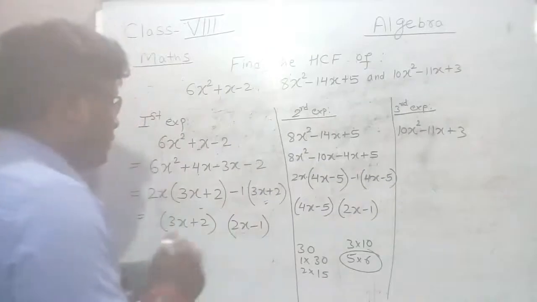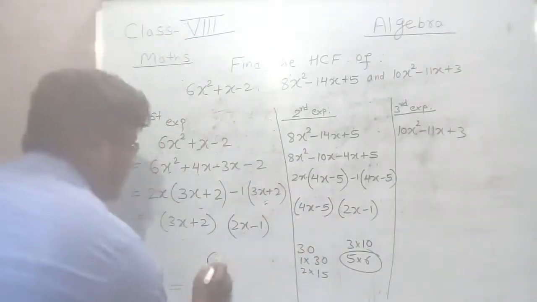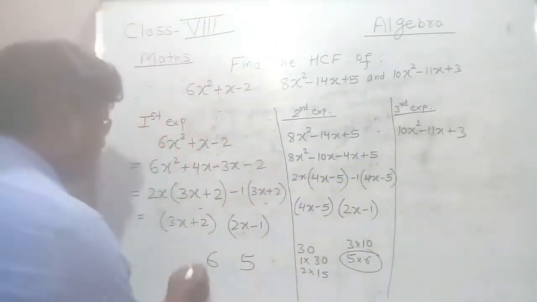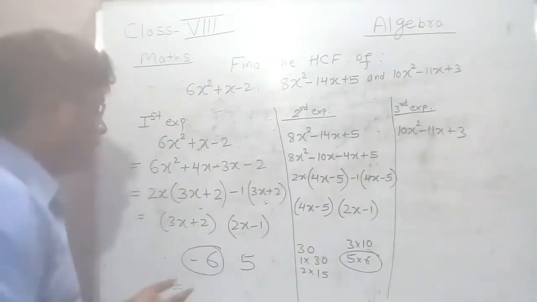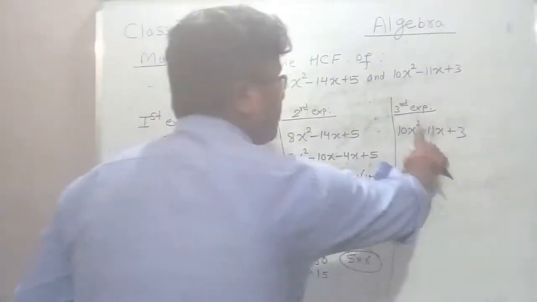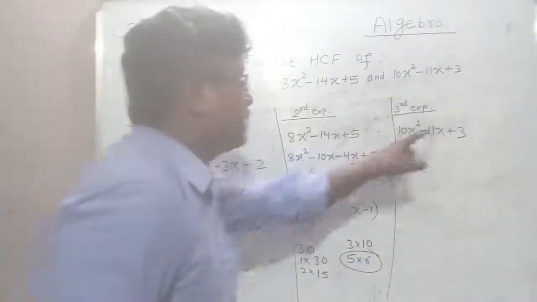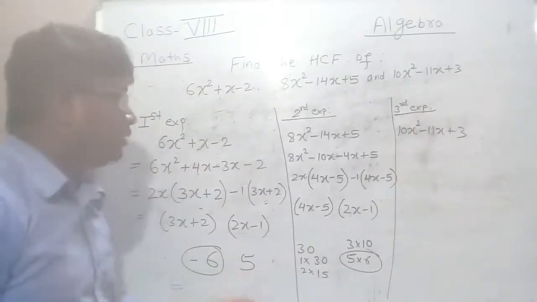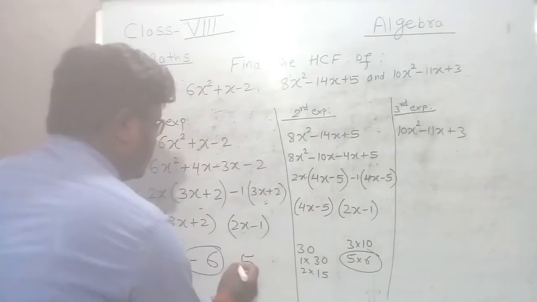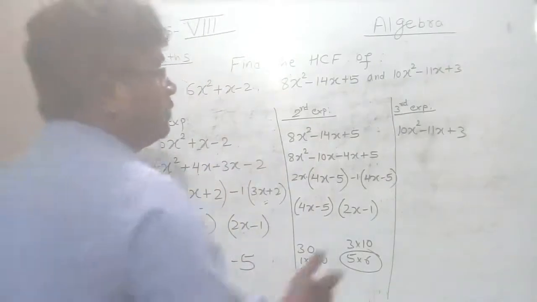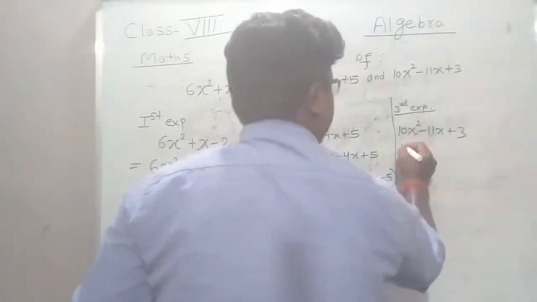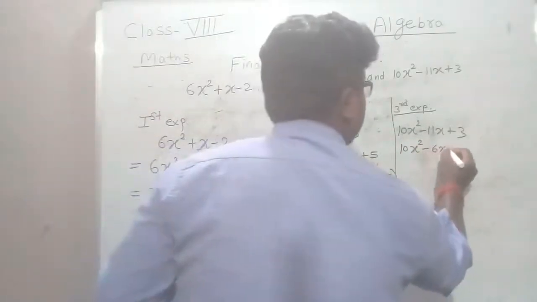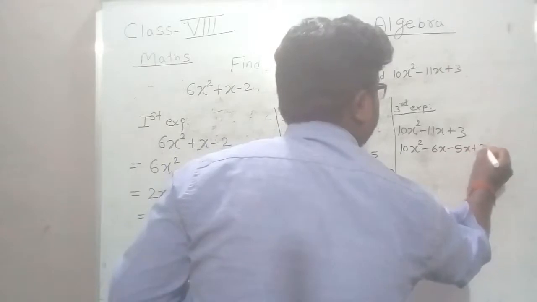But the main thing, we have to give the sign now. Bigger one is 6 and smaller one is 5. And the answer we have to get in negative, so the greater one always must be negative, because we have to get the negative sign here. To get the negative sign, greater must be negative. So what about the smaller? We have to get 11, so it also must be minus. So what can we write in place of minus 11x? 10x square minus 6x minus 5x plus 3.